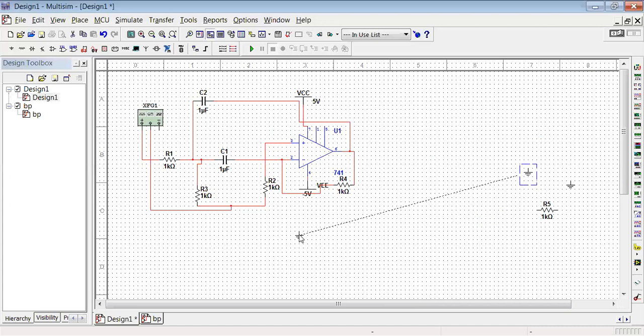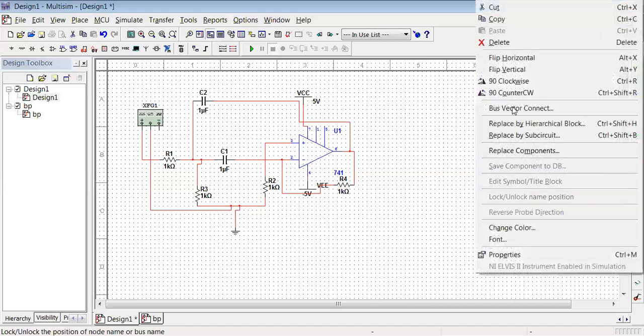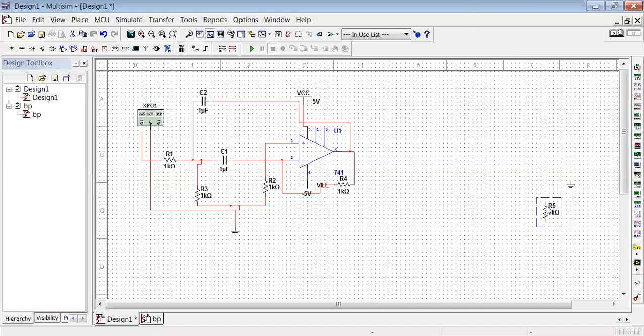Then this ground, make the connection here. This is connected now, and one more resistor, make it 90-degree clockwise, place it across this terminal and connect it to pin number 6 of the op-amp. It is connected now. Now make the ground connection to pin number 5.